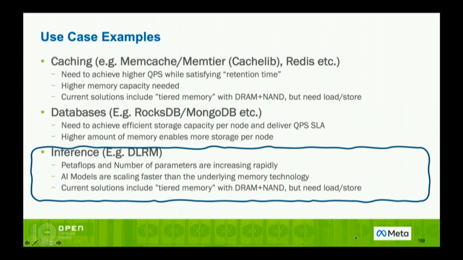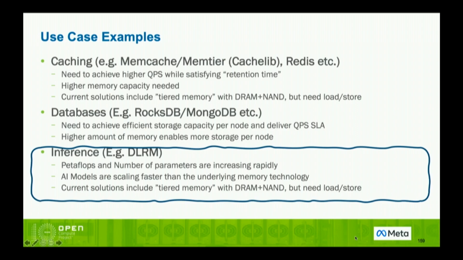Inference, I'm picking up one of the AI/ML use cases. This is another thing where it's important to make sure that your accelerators and your GPUs are constantly fed by the information that they need to continue to work on, which means they are going to be driven by, and I'm going to go through this a lot more with a little bit more detail,